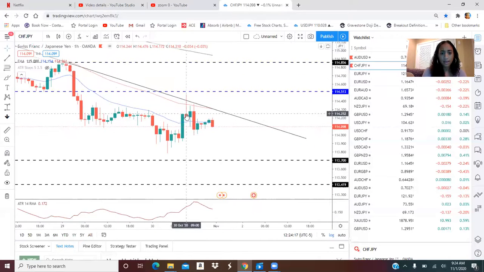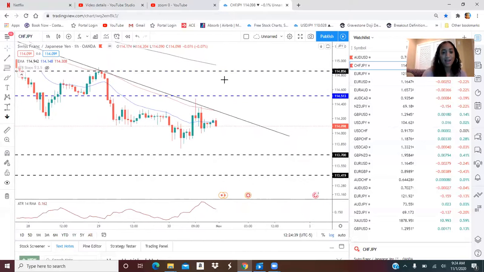We have a shooting star right here. A shooting star is pretty much where the bulls are pushing up, they push all the way up, but then the bears push price all the way back down. And so this is a shooting star. Some people will call it a gravestone doji. There are so many names I can't even remember them all, but I know that is definitely a candlestick pattern